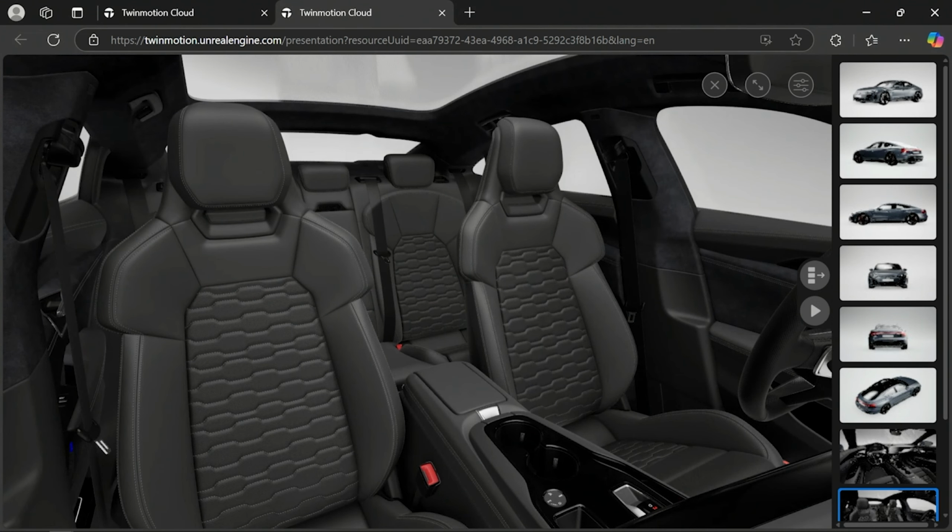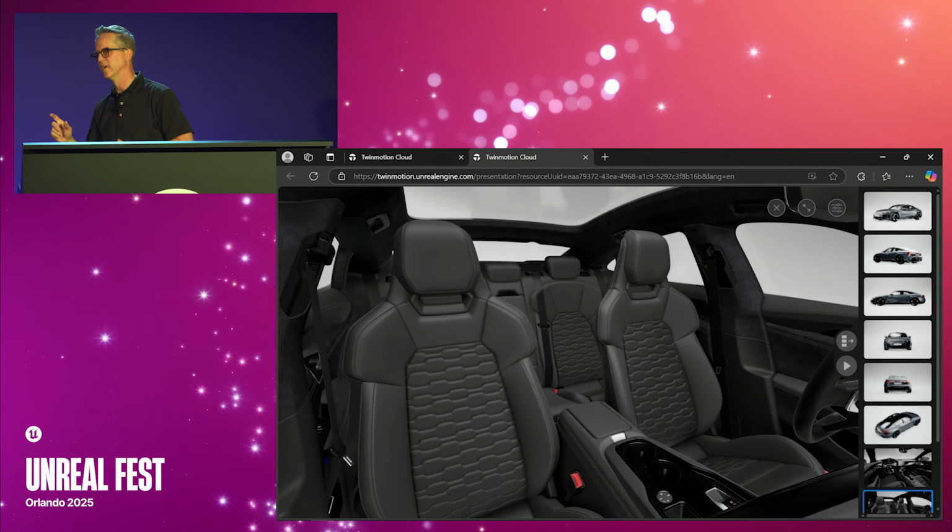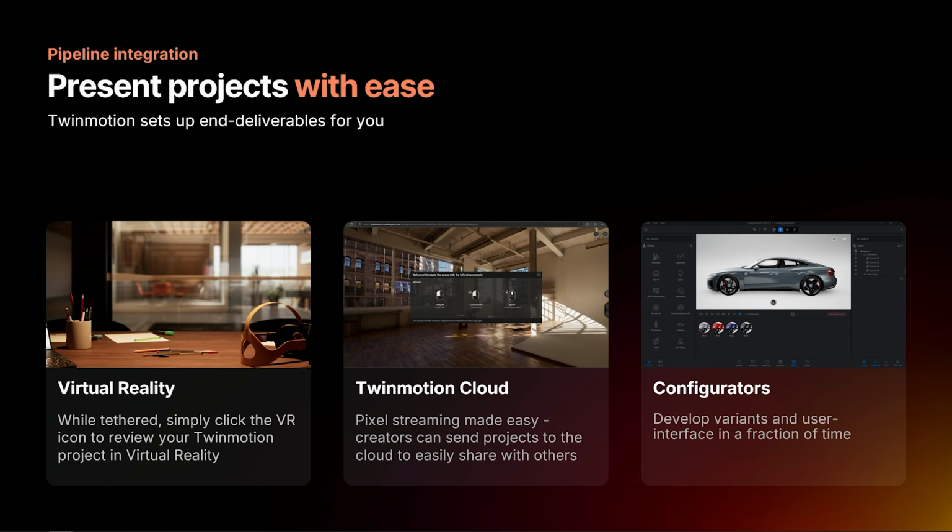But you can see in this video, at first the guy was moving the mouse around and you were able to actually navigate your scene in a web browser on your own PC, right? It also had these preset camera views in place. So you're able to have a curated experience with the model that you're sharing. Great for use with clients, great for use in meetings where you're trying to share your ideas in various media types. All right, and last but not least, Twinmotion now has